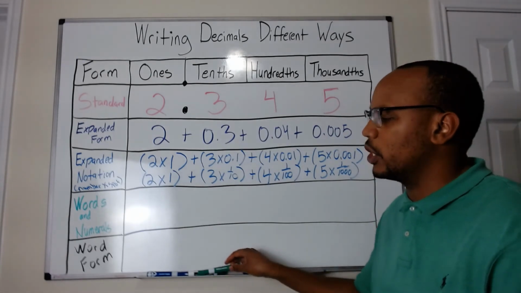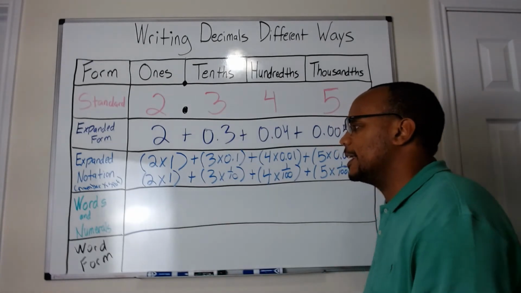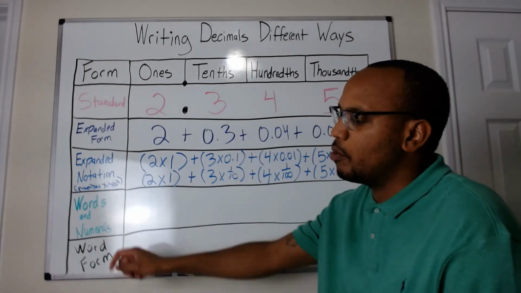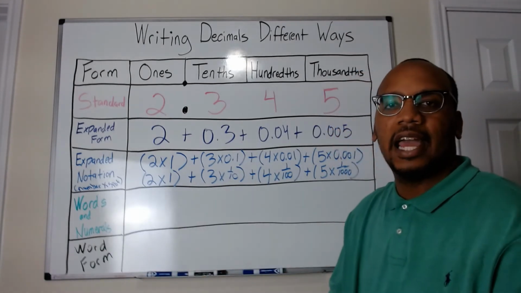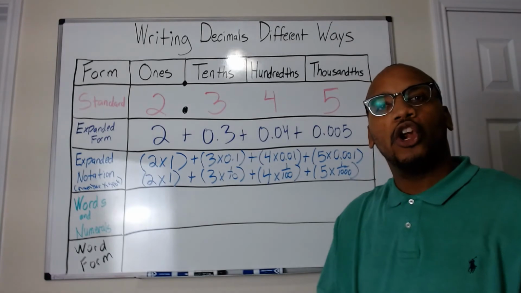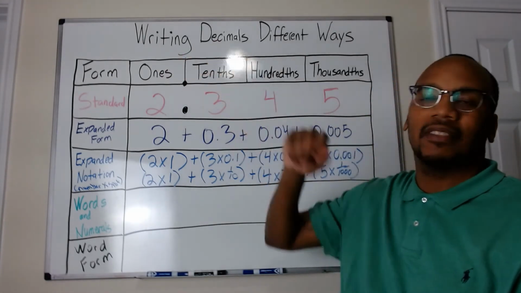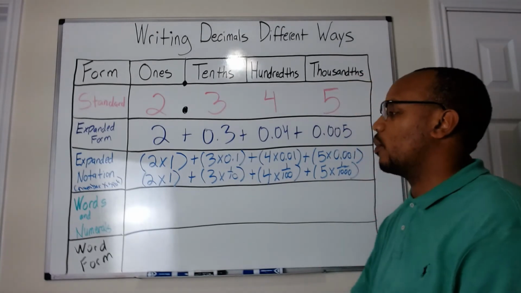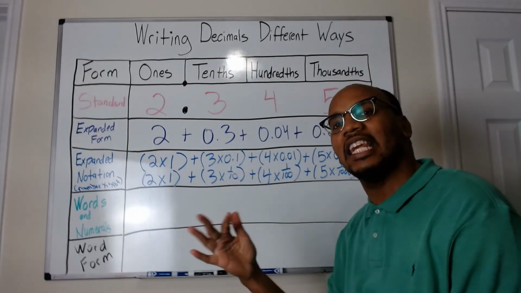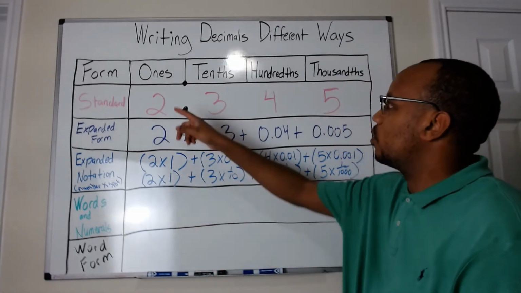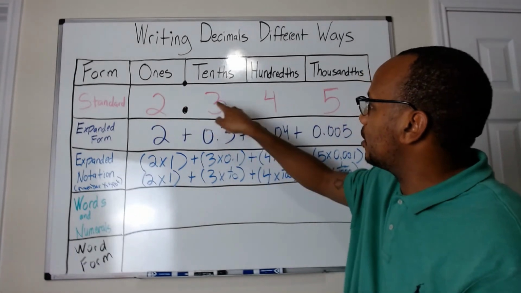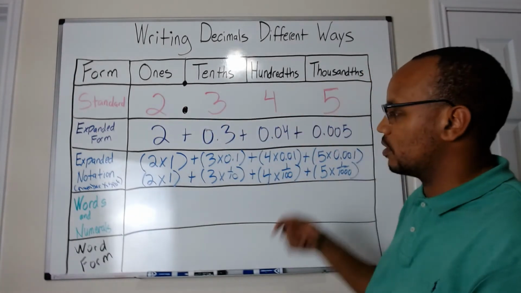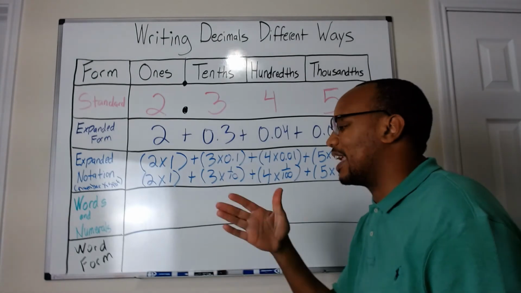Now this one is rarely used, but I have seen it on a couple of tests. This is words and numerals, which means that the word is the place value spot and the number is how many of them you have. So it's a mixture of words and numbers together. So this is 2 and 345 thousandths. So in words and numbers,